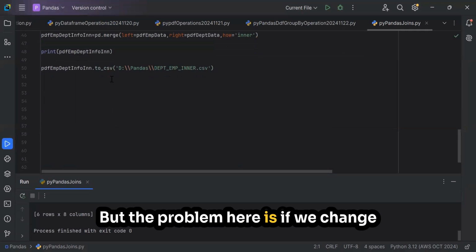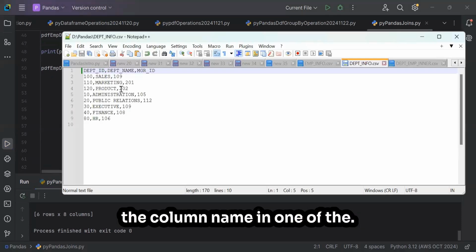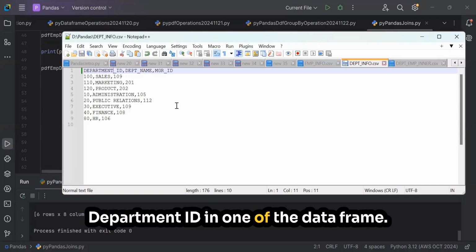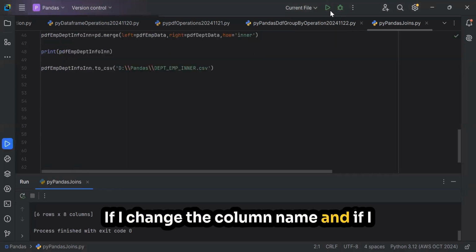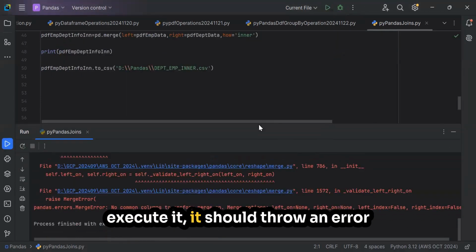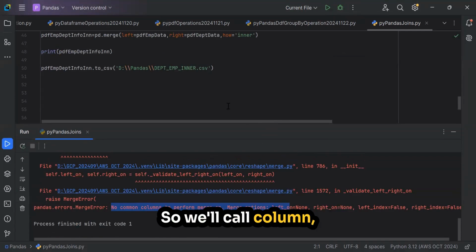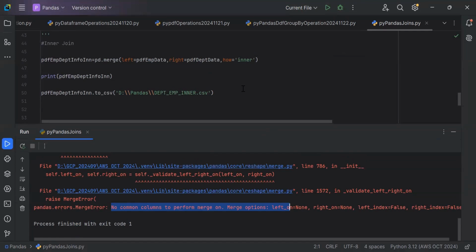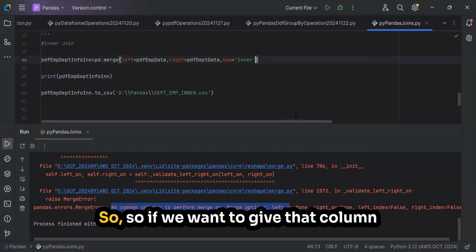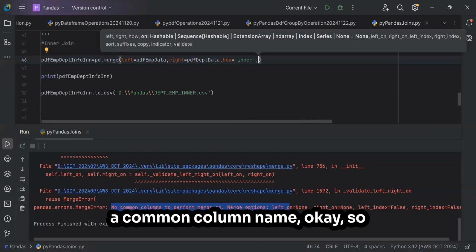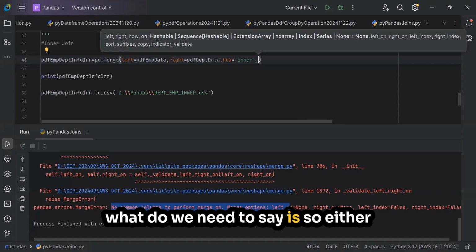But the problem here is, if we change the column name of department ID in one of the data frames and execute it, it should throw an error क्योंकि उसको हमने कॉलम कंडीशन दिया नहीं तो वो कॉमन कॉलम ढूंढ रहा है बट उसको नहीं मिल रहा है, it's not getting the common column. So